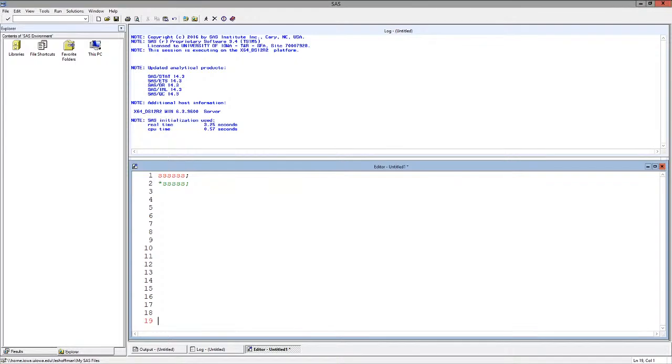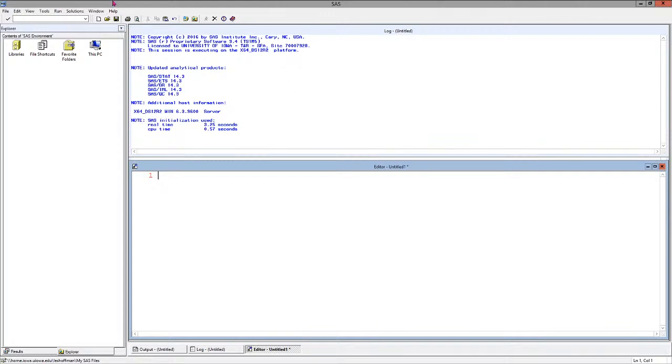So here is the window that has SAS. I've been typing just to make sure that it indeed works. So here we are. I've maximized the window so that you can see all of the screens that you get by default. First thing that we need to do is open up the syntax file that goes with the example1